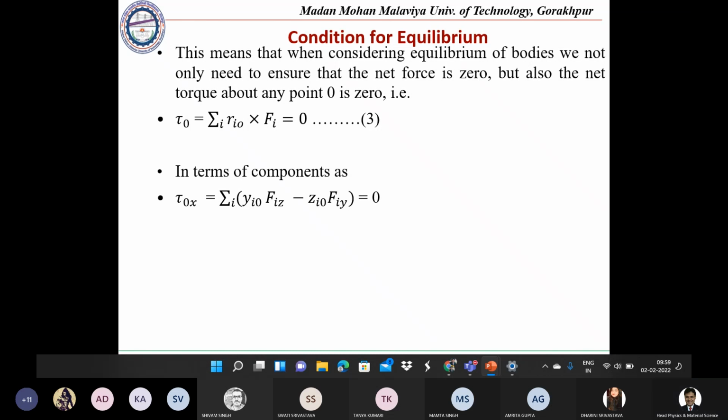Suraj, no, sir. Vaibhav, Sir, because torque is constant, so it will be 0 about all directions. Priyanka Singh, can you tell me from where we are getting this one? No, sir. Priyanka Tripathi,